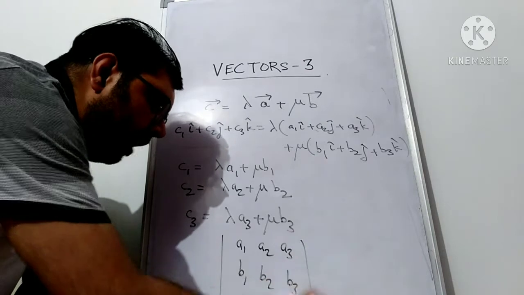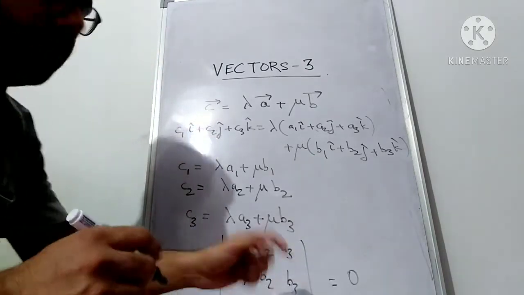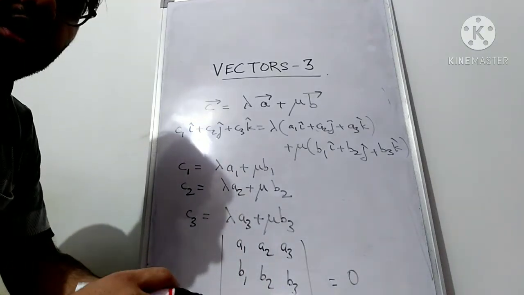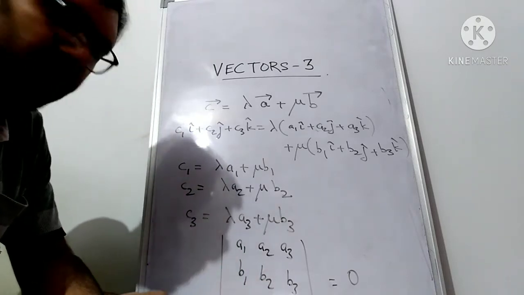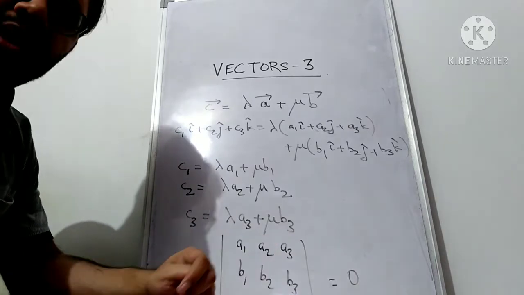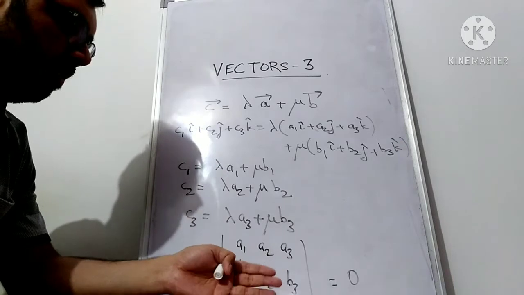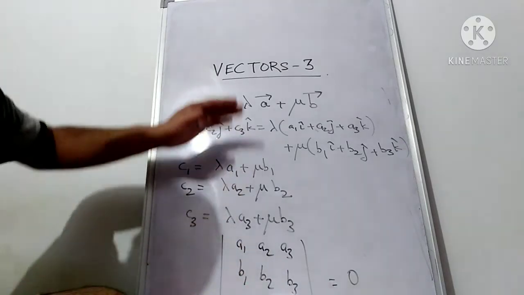So if I write like this, then using the properties of determinants we can show that this determinant comes out to be 0. I have not yet taught you the topic of determinants in matrices, so you will not be aware of the properties for now, but just keep in mind that there are some properties by which we can prove this to be 0. When we study this topic later on, I'll explain it in detail. So you can remember this as a result.